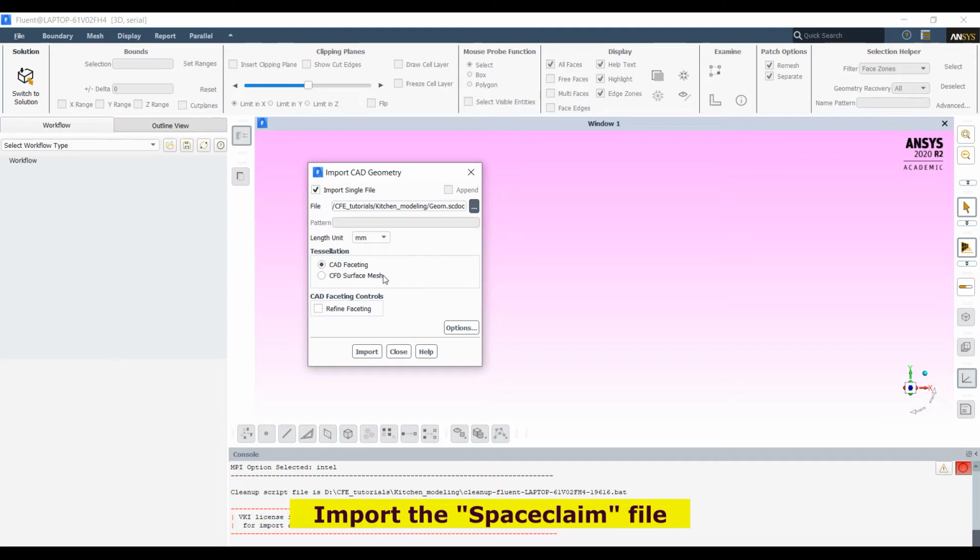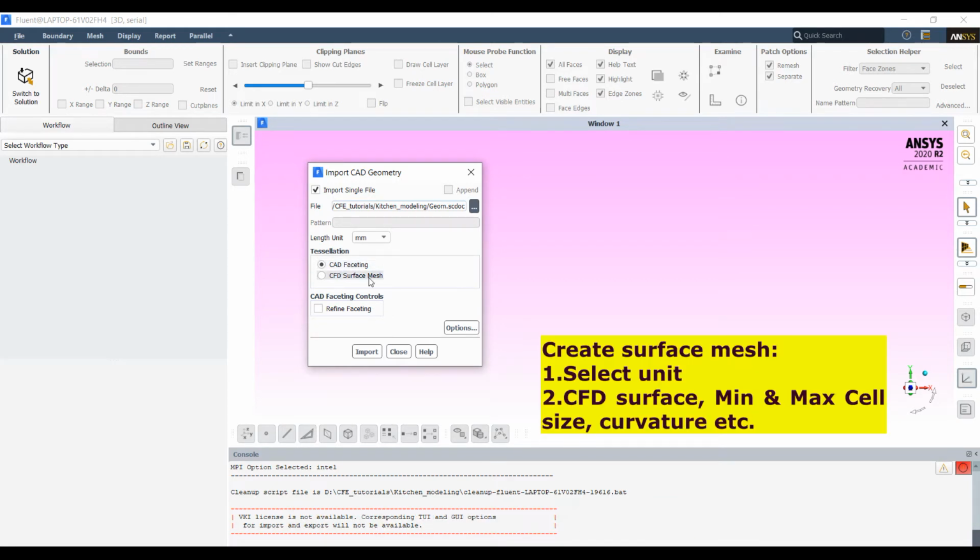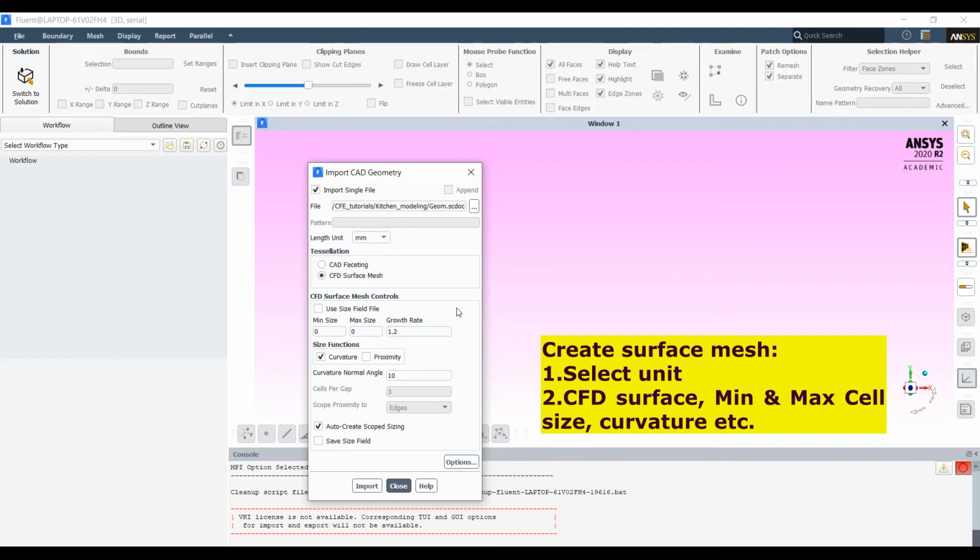This panel creates the surface mesh. Hence, you have to select the surface mesh. For creating the mesh, I am taking the smallest unit.